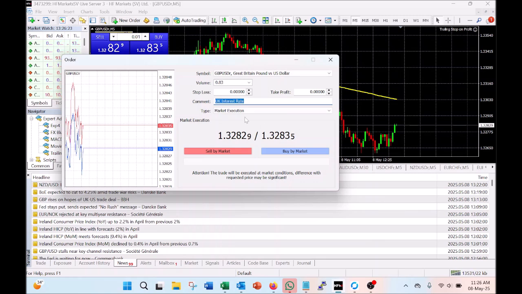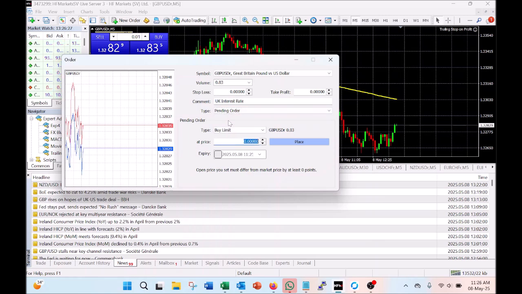Today I'm going to be doing a live presentation on how I trade the news, and in particular, we'll be looking at the UK interest rate. Pay very close attention to how I trade the news, and we've been getting some very good results with my trading strategy. I'll be going through this with some pending orders and some other setup which I've